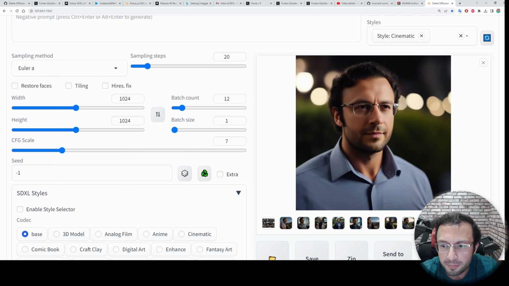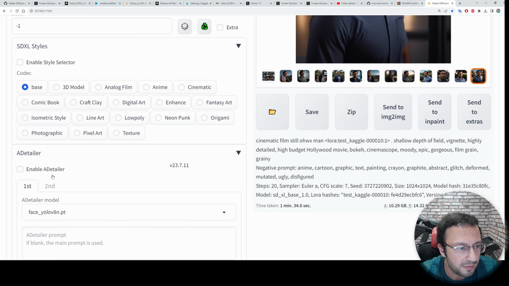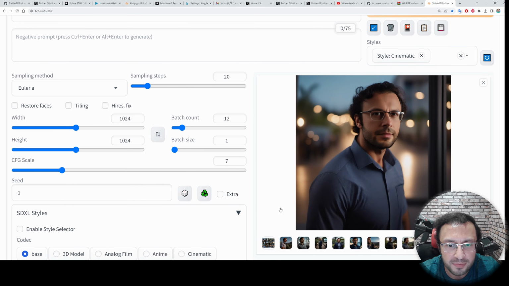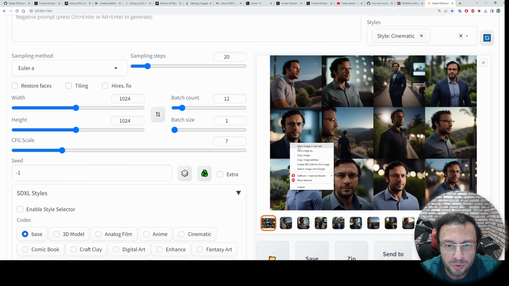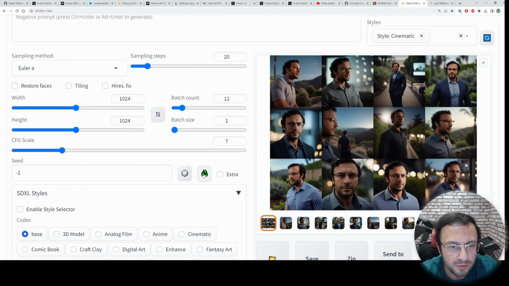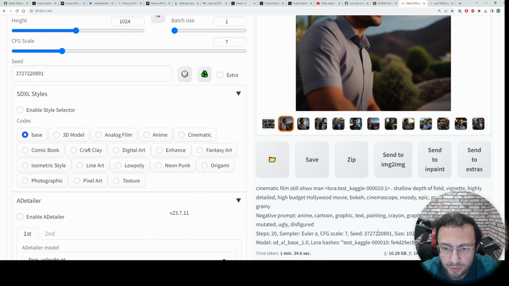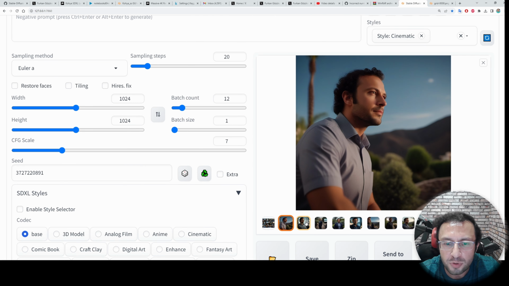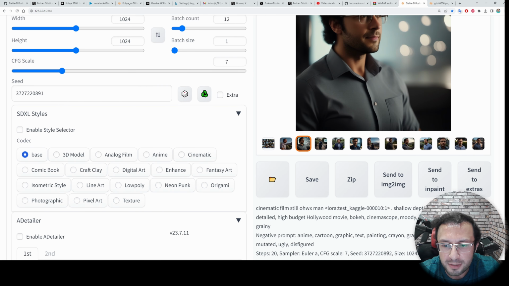Now let's also apply After Detailer and compare it, to have the same batch. I will use the last seed. So I click here, it will use the last seed. This should be the seed of the first. So the seed is here, and here you see. When you do a batch, it increases the seed by 1.